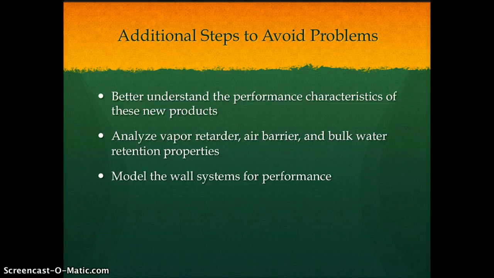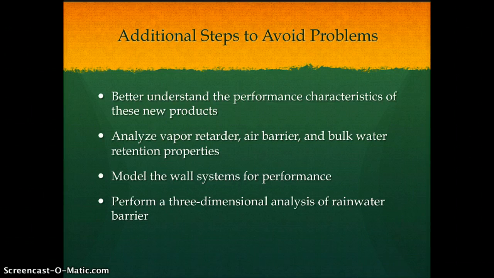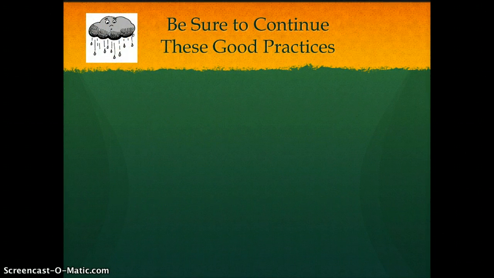Minimally, this modeling should predict the dew point location and the vapor transmission profile during the most extreme season for the location. And number 4, perform a three-dimensional analysis of rainwater barrier geometry, especially at complex joints and changes in plane. All other standard good practices for wall system design should continue to be followed, whether new or traditional products